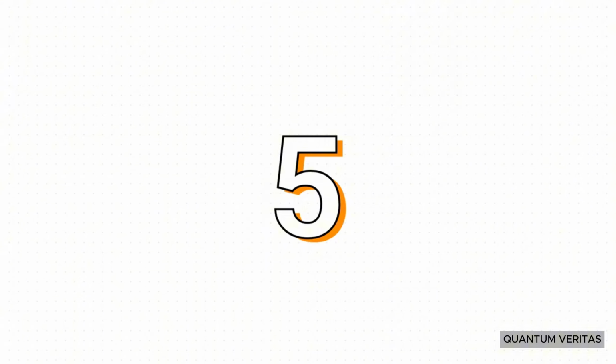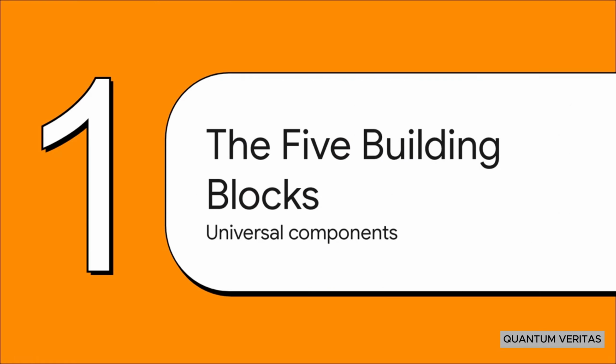material. And at the very heart of this entire framework is one simple number, 5. The idea is that just 5 fundamental elements, all working together as one inseparable unit, are what build everything we can see and touch. So, the big question is, what exactly are these 5 building blocks? Let's break them down one by one and see how they supposedly combine to create the infinite variety we see